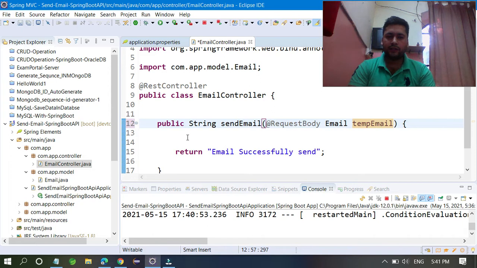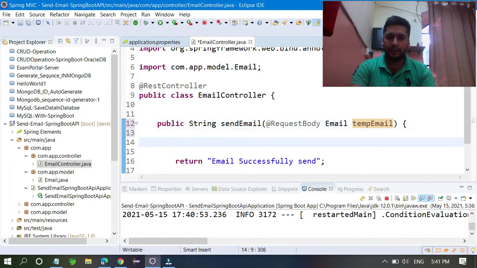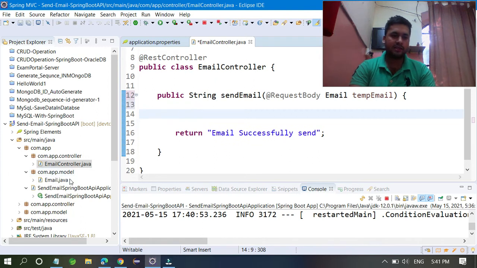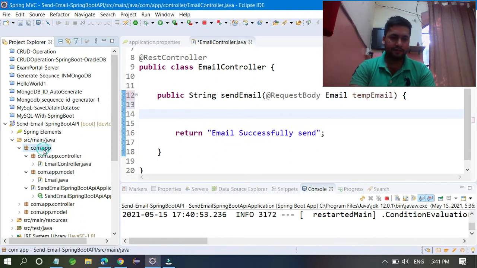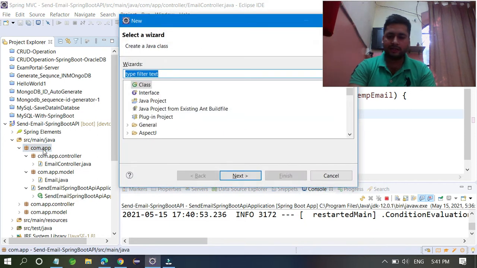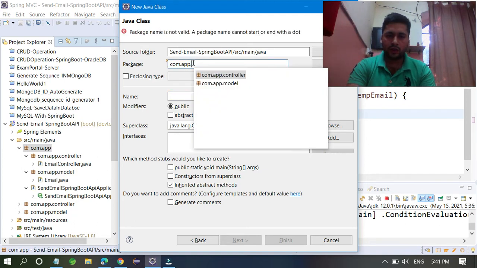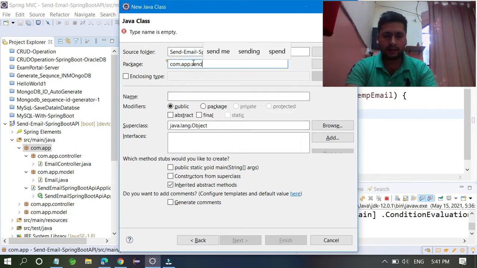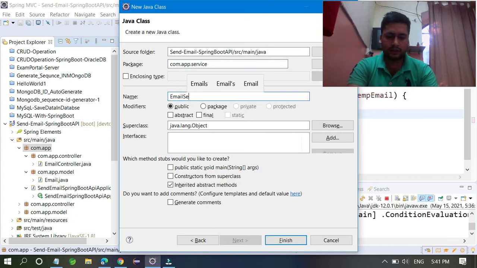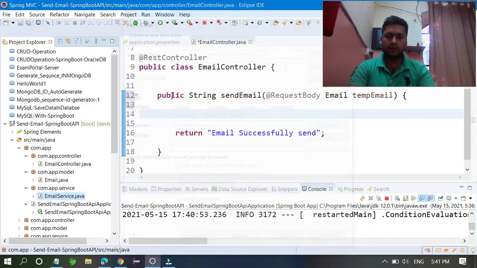Now what you have to do is write a code for sending the email. Before you write anything, you have to write one service class for sending the emails. So I'm going to write one service class, in the service package, and you can write EmailService class.